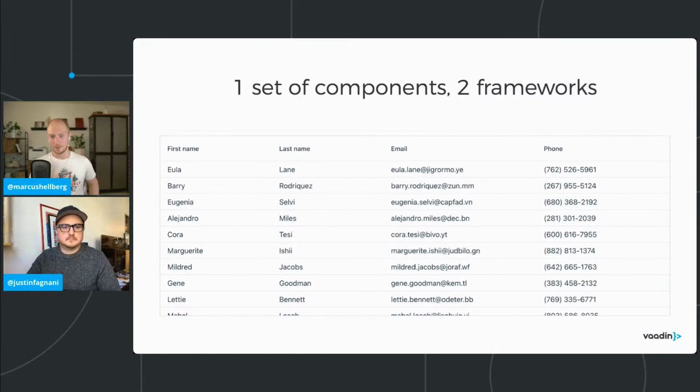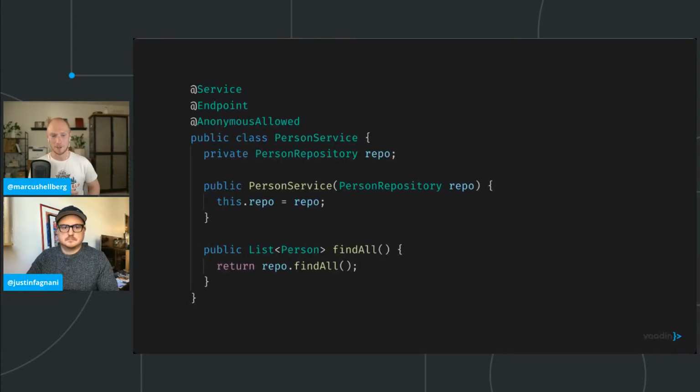So just as an example to give you an idea of what these are, let's take a look at how we could build this data grid showing just a couple of pieces of information from a person object. Now, if we have a backend that looks like this, so this is Java code running in a Spring Boot server. We have a service class that just has access to a repo, basically a database, and it exposes one method for finding everything in the database. We've added an endpoint annotation there and a service annotation, which will allow us to access the same endpoint